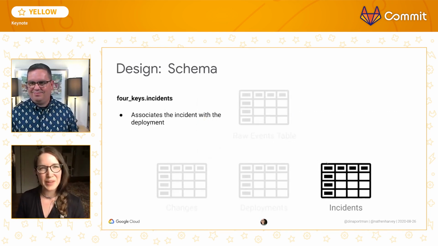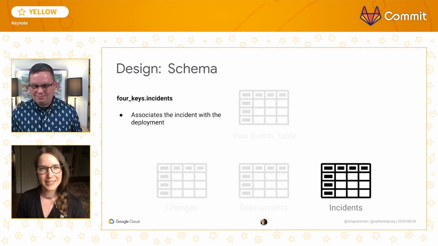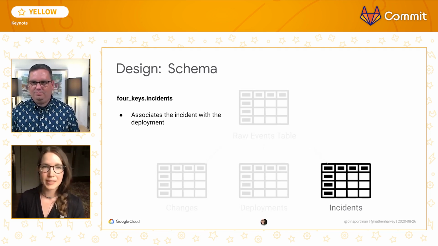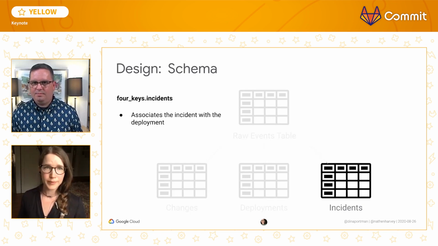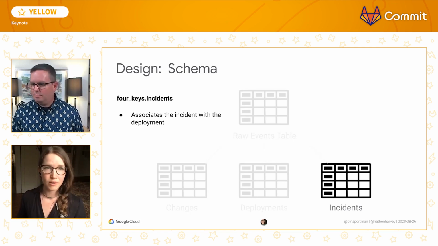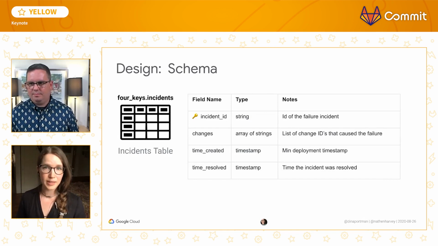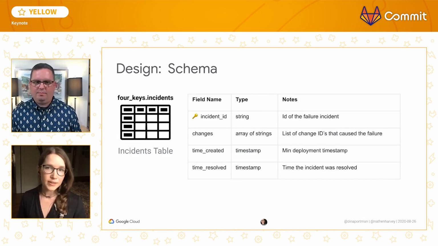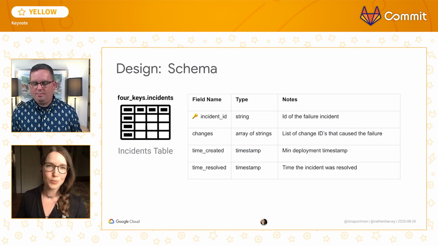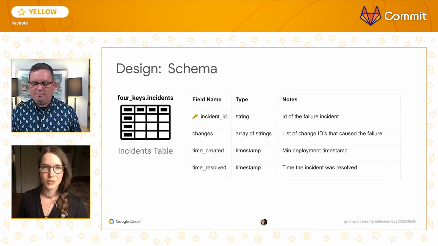Incident data can be difficult to collect. Ideally, we would use some kind of incident management system that has the ability to send the data to our webhook or to our Pub/Sub topic. At the very least, we need to be able to say which deployments created an incident and when it was resolved. For the sake of incidents, we will consider changes as the deployments that reached our production. All our calculations will be based off of deployments, when it was created, and when the new deployment or rollback was completed to resolve the situation.